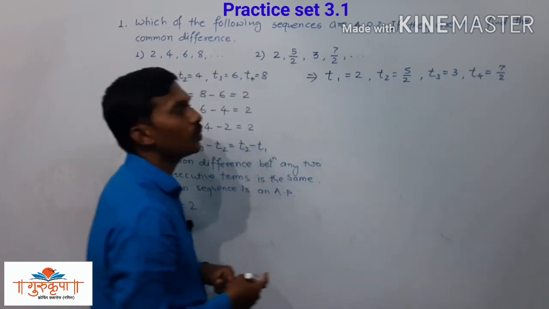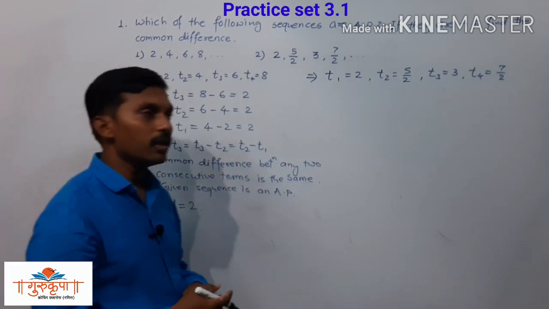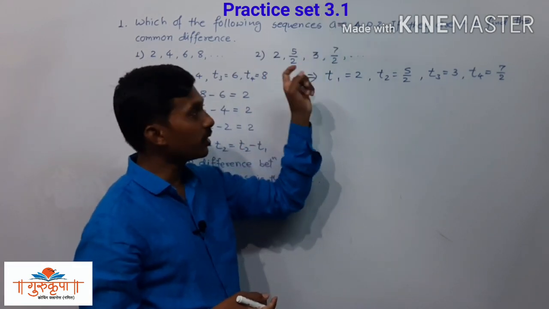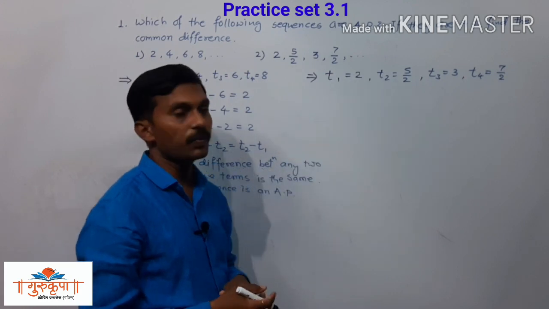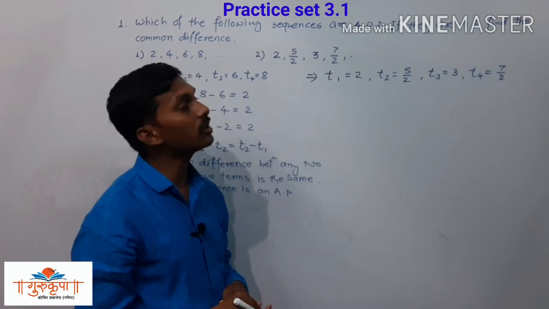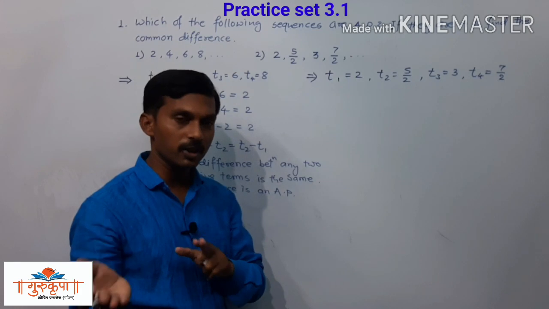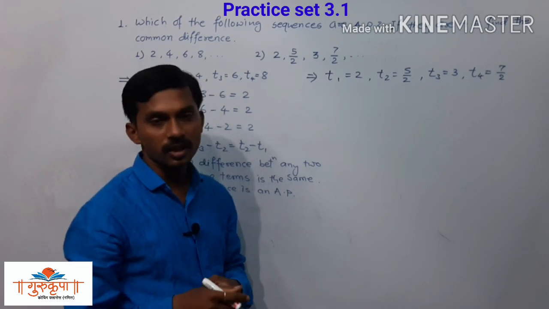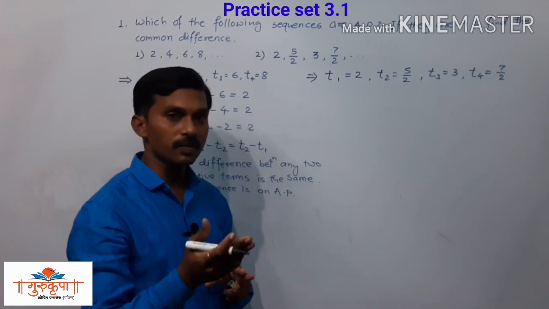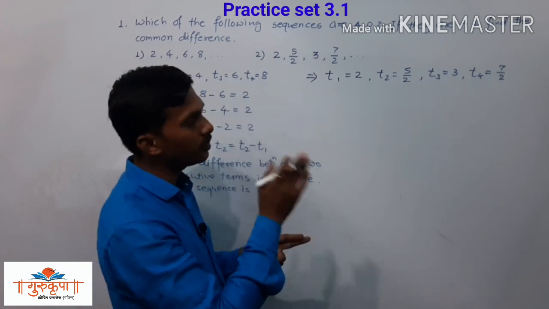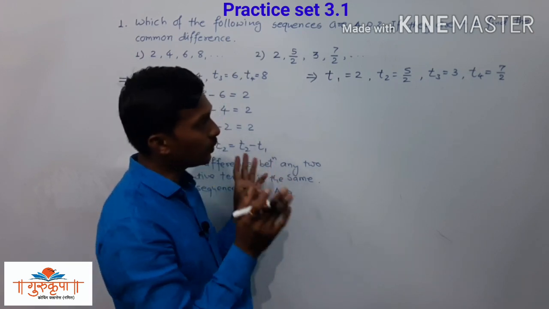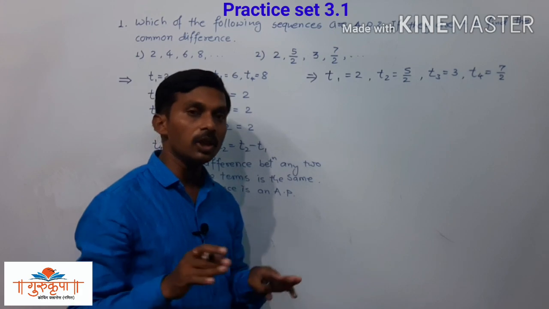Here we have given 4 terms. We have to write all the terms given there. If we have given 7 terms, we have to write all the 7 terms, and then we have to find the difference between 7 and 6, then between 6 and 5, then the difference between 5 and 4, then the difference between 4 and 3. Like that we have to find the common difference between all the consecutive terms.